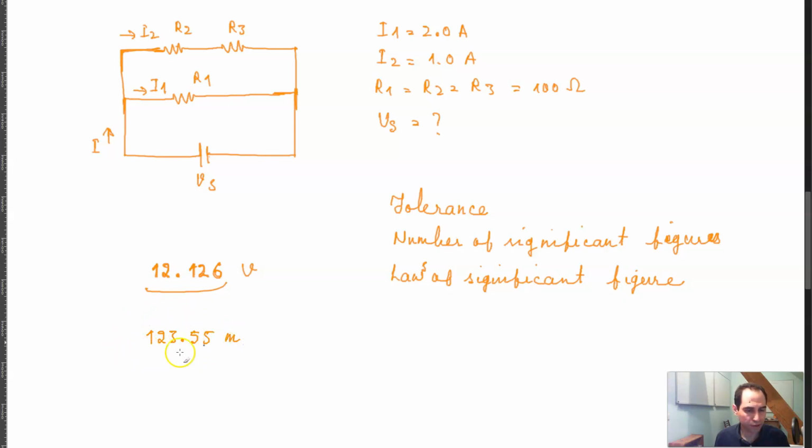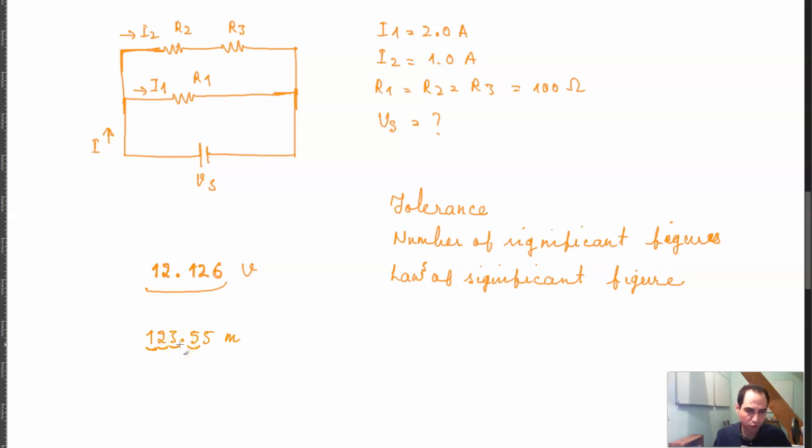Again, all of these digits that you have here are all significant, because you have seen and measured the digit in the hundreds place, the tens place, the ones place, and the 1/10th place,